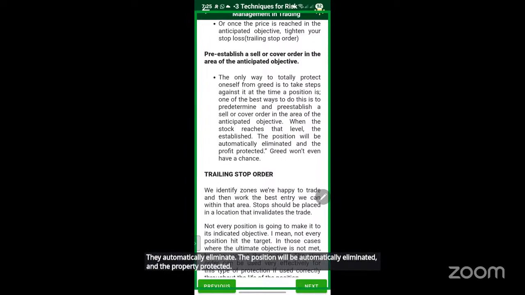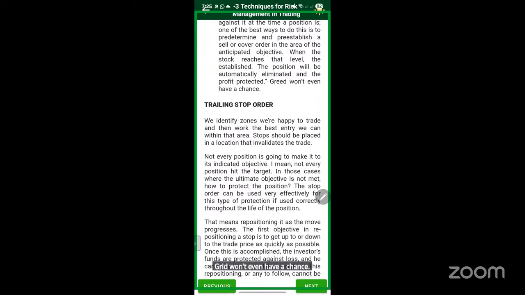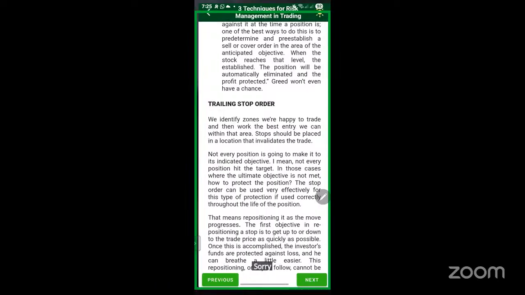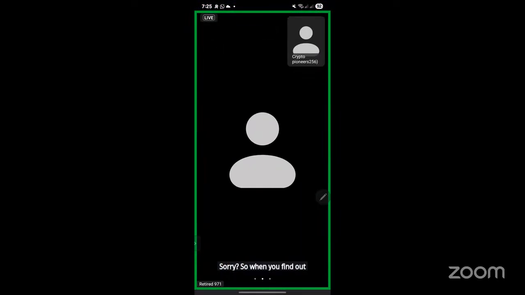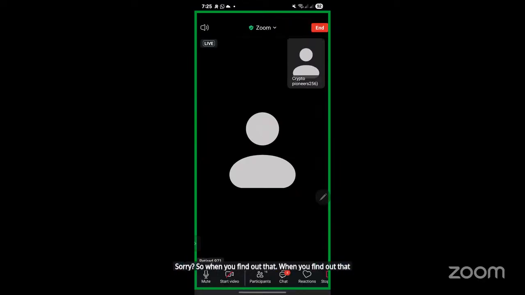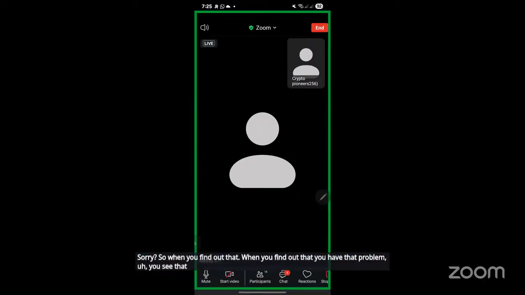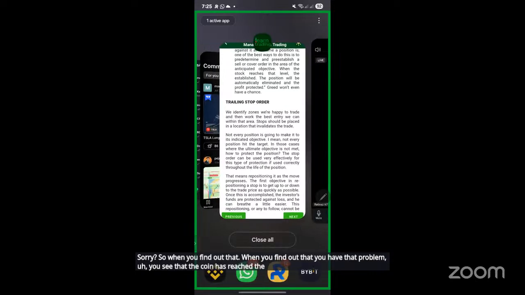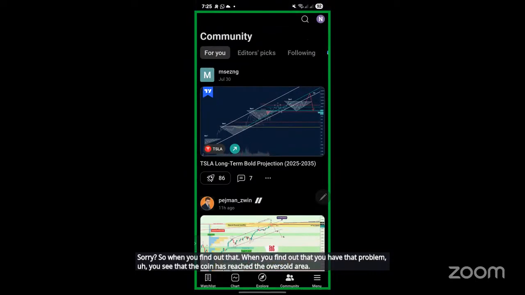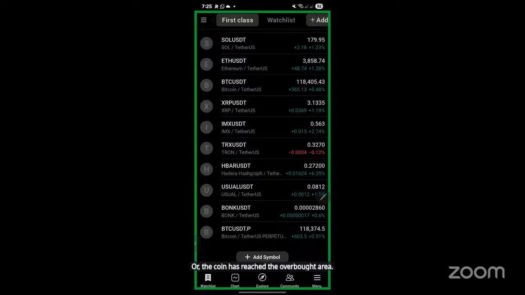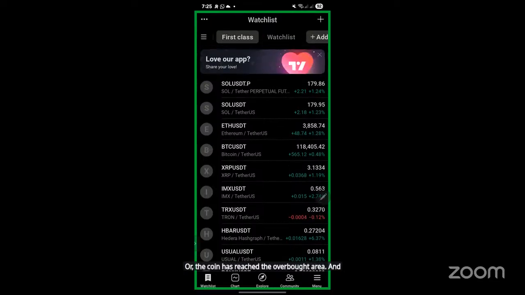Greed won't even have a chance. Trailing stop order. So when you find out that you have that problem, you see that the coin has reached the oversold area, or the coin has reached the overbought area, and where this coin has reached the oversold area,